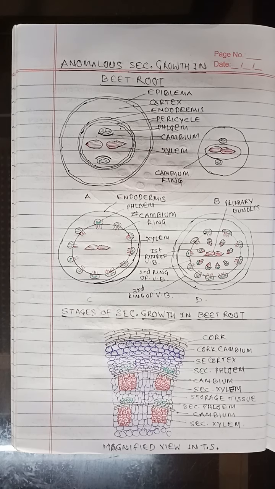The secondary growth is of anomalous type due to abnormal origin of primary vascular cambium, abnormal functioning of vascular cambium, and formation of successive rings of cambia. During secondary growth, it begins with the formation of primary cambium ring, which develops from parenchyma present between primary xylem and primary phloem.